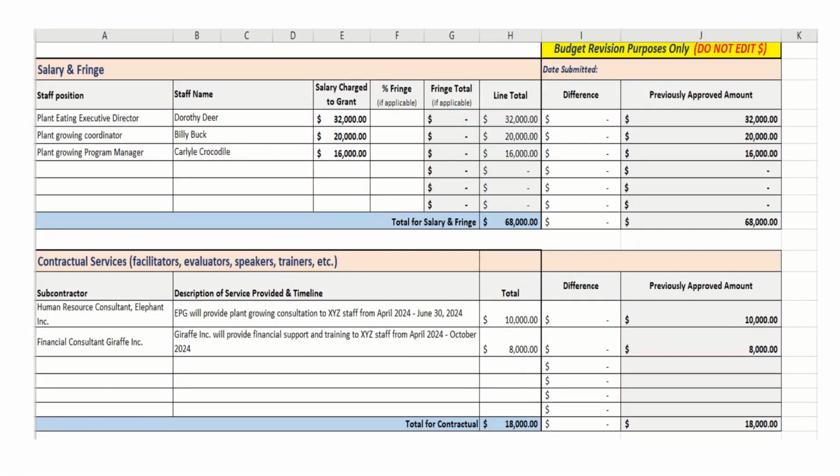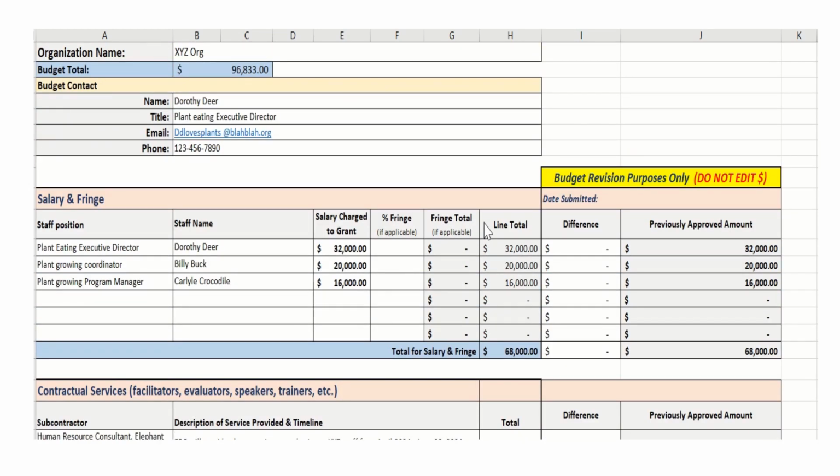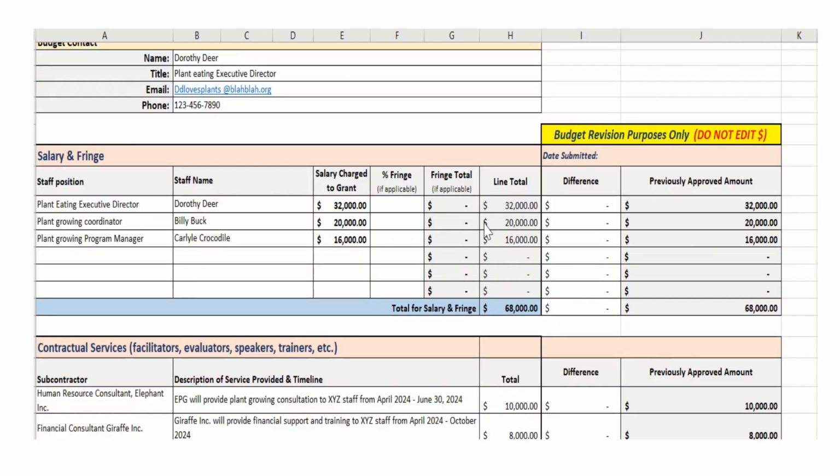How to make a budget revision using the budget revision tool. In front of you is a sample budget with 6 different sections. Starting from the top, we have salary and fringe,